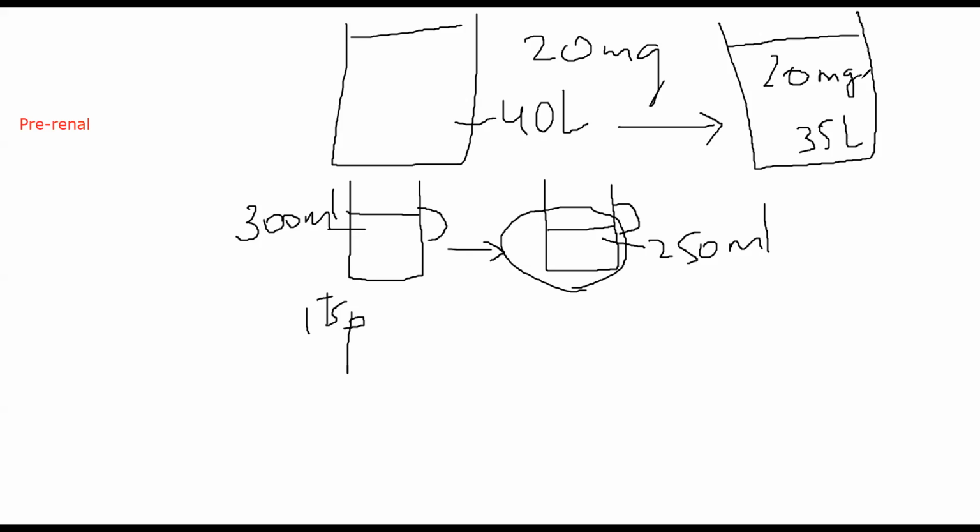See, urea goes hand in hand with kidneys because 95% of urea is excreted out by the kidneys. So there is a very strong correlation that if there is an increased amount of urea, it can be because of a problem in the kidneys. But there is a chance that even without a problem in the kidneys, there can be an increase in urea. Those will be included in pre-renal causes.